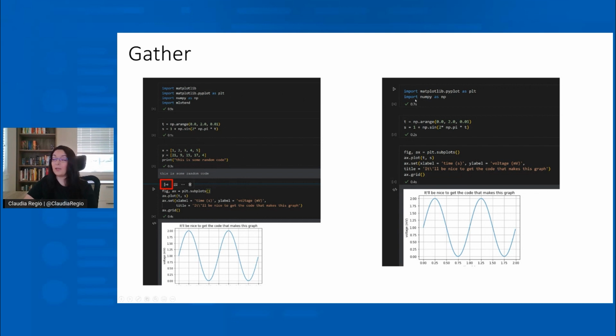Any import that we ran code that was here before is not in our output. And as you can see, only the relevant lines of code that were necessary to create this cell are here. So Gather is meant to speed up your notebook cleaning process at the end, hopefully much faster than how you're doing it now.